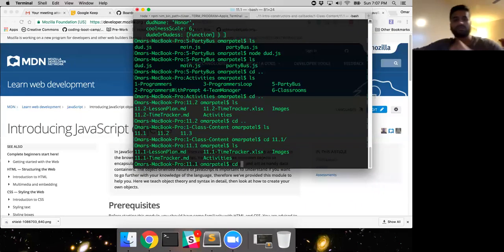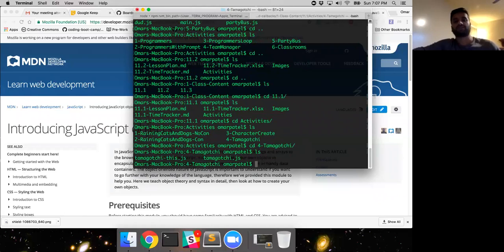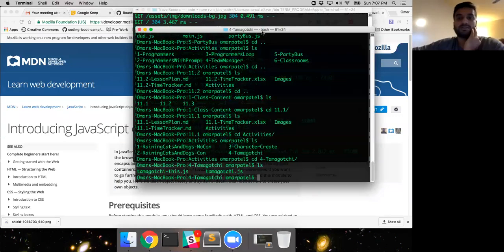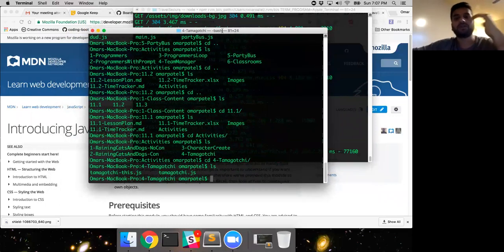So let's go to activities for 11.1, and let's go to the Tamagotchi. The Tamagotchi was an application that we created together in class. It's a nostalgic look at the 90s, and it's also a pretty good use case for how constructor functions work. So far we've gone into creating objects within JavaScript using object literals. So if I open this up,